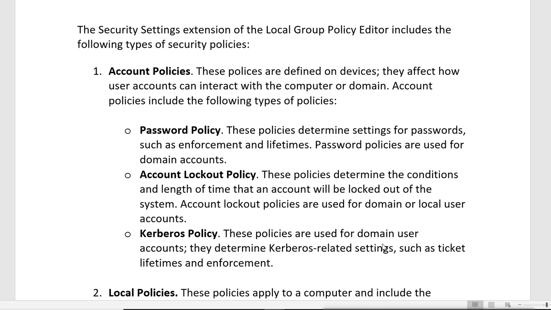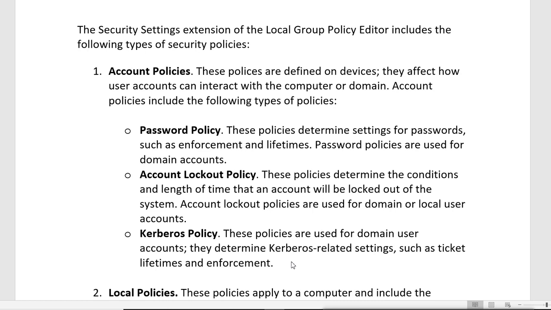This policy is only available when you have a policy in a domain. So in the domain policy you will see the Kerberos policy. In local machines the Kerberos policy is not used, because the Kerberos protocol is the authentication protocol for an Active Directory domain. It covers how authentication will happen and aspects like lifetimes and enforcement of tickets.